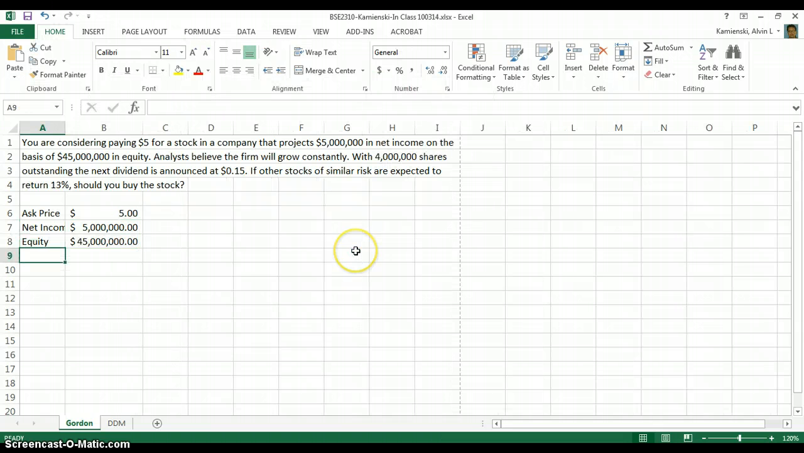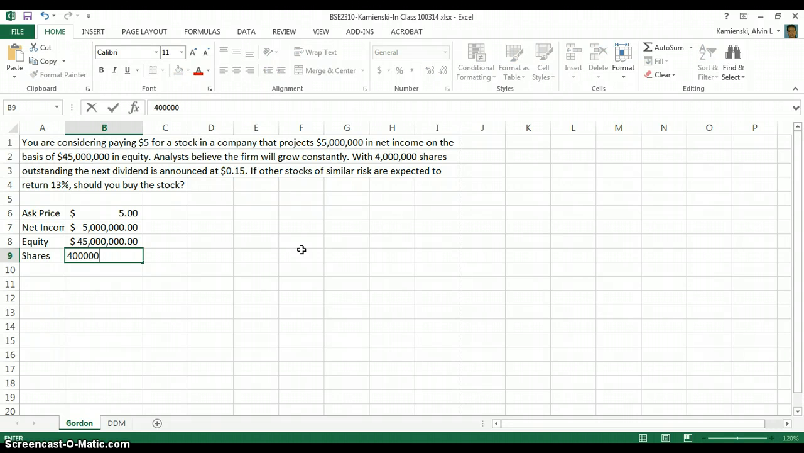The key part to this problem is to recognize that growth will be constant, which is your immediate trigger to think of the Gordon constant growth model. So we see a couple of other assumptions that we can make. As such, there are 4 million shares,